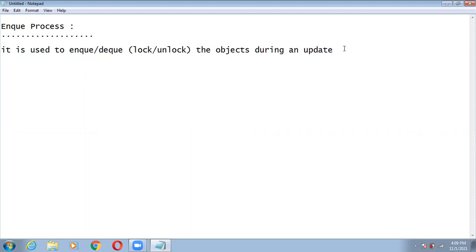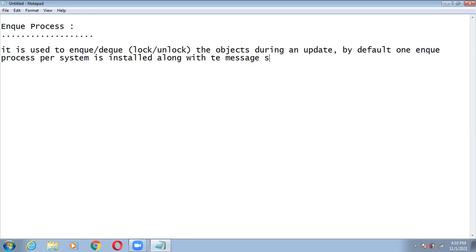Okay, right? So by default one NQ process per system is installed along with the message server.